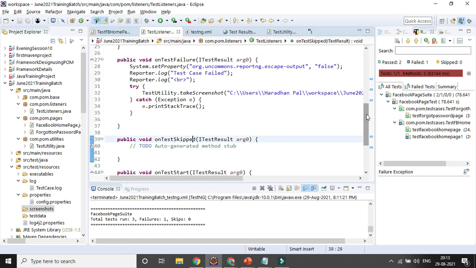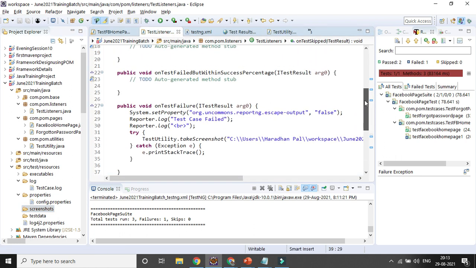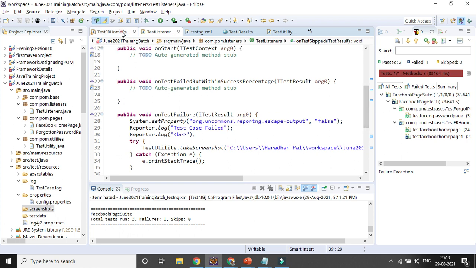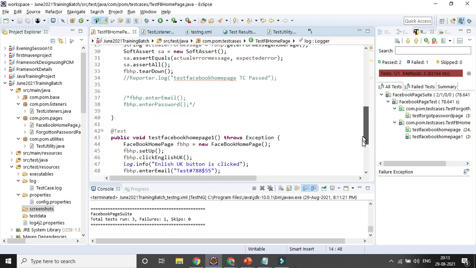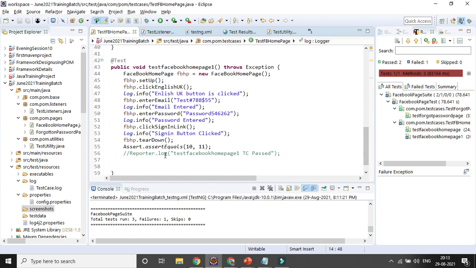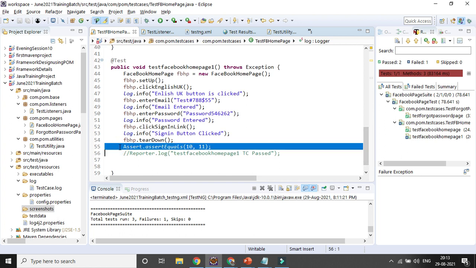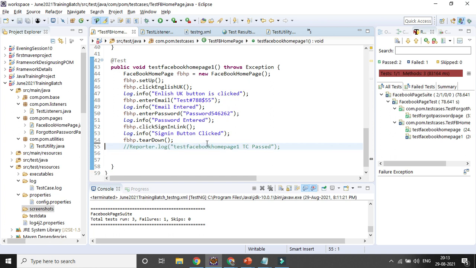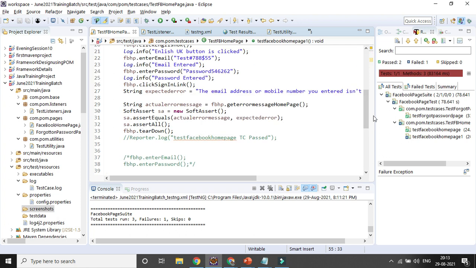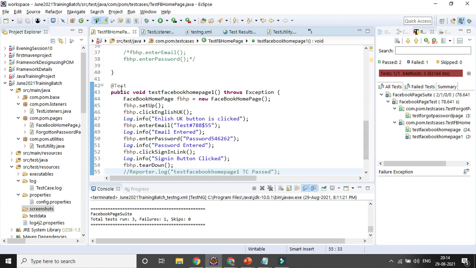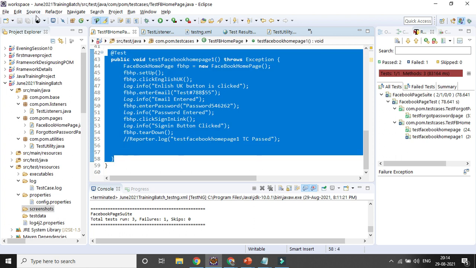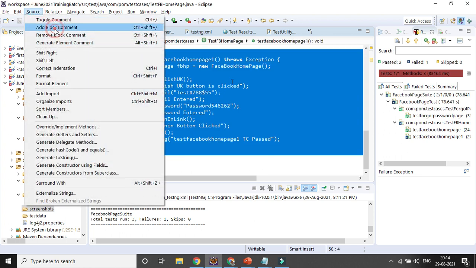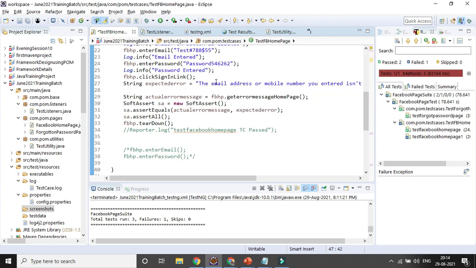You need to add it in the test tab itself. Instead of a hard assertion failure here, you can do a soft assertion failure. So that test case I can pass, and that particular test case I can fail. Or let's comment out one test case to avoid some sort of problem. So I'll keep two test cases only, and one test case I will fail.